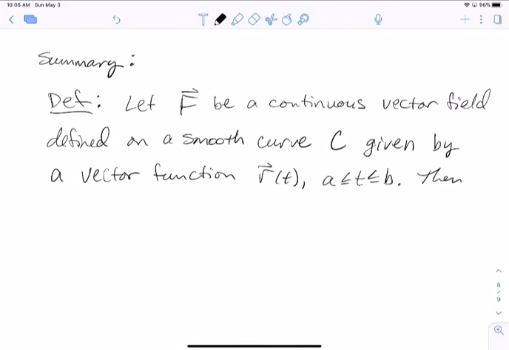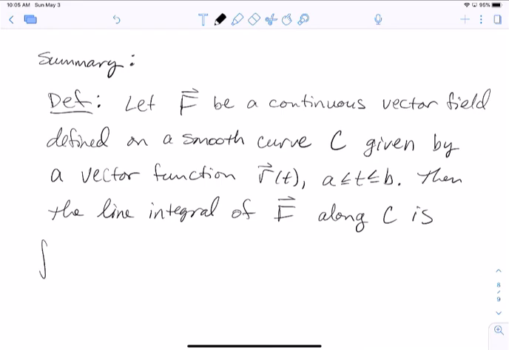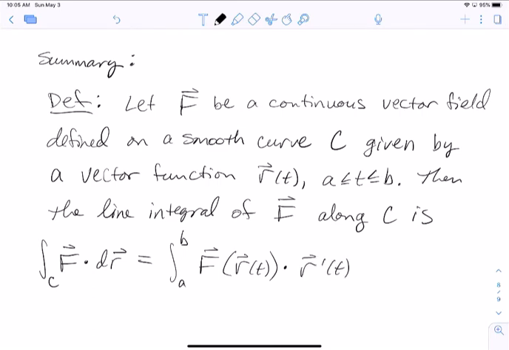Then the line integral of f hat along C is the integral over C of f dot dr, which is the integral from a to b of f of r of t, which is a parameterization of the curve C, dot r prime of t dt, which is equal to the integral over C of f dot T